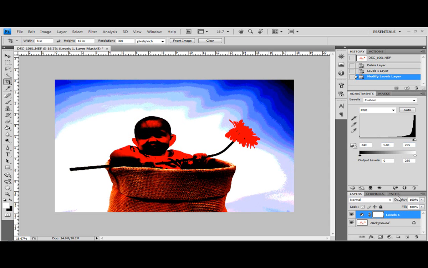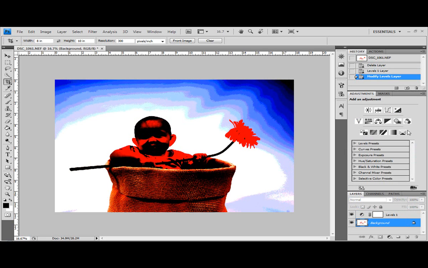The next step is I need to go back to my background layer by clicking on it and then selecting the dodge tool. Now I can either do this by using the palette on the left hand side or using the keyboard shortcut O. The next step is to choose a quite low exposure level. You can change your exposure levels in one of many ways, by sliding the exposure up or down,